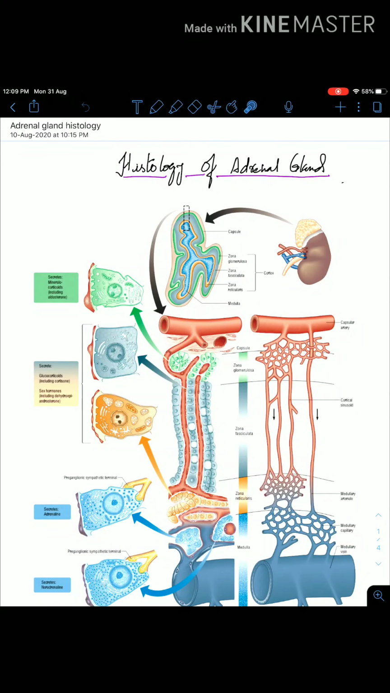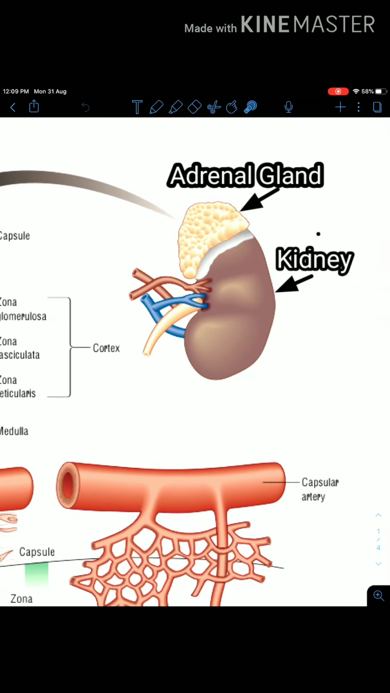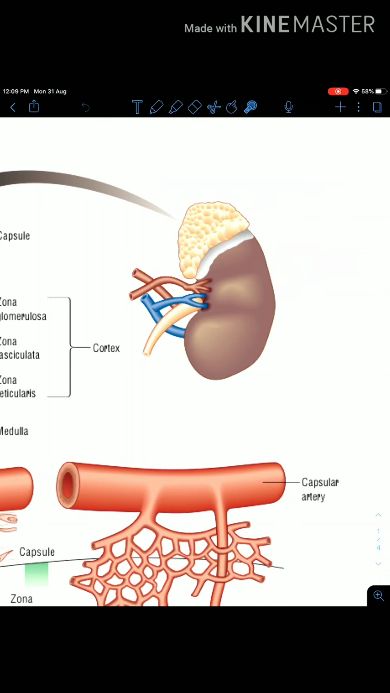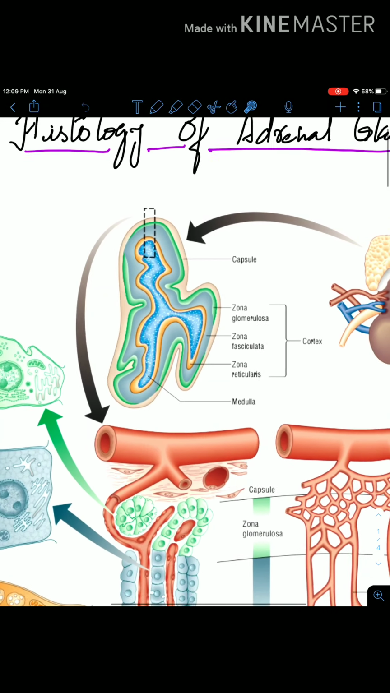Hello everyone. So today we are going to discuss the histology of the adrenal gland. The adrenal glands are two in number and they are present on top of the kidneys. The adrenal gland is an endocrine gland that secretes both steroid hormones and catecholamines. Each gland is covered with a thickened connective tissue capsule from which trabeculae extend into the parenchyma, carrying